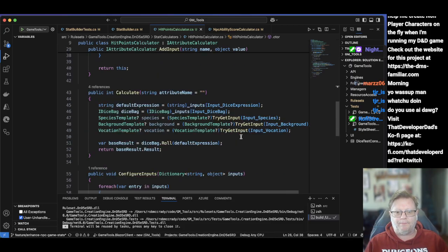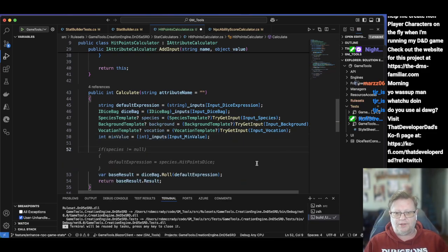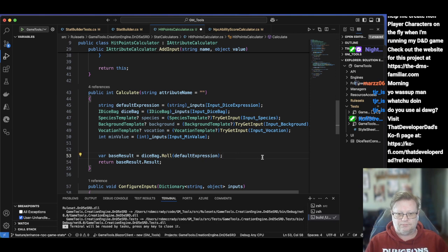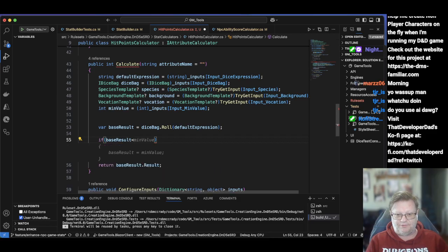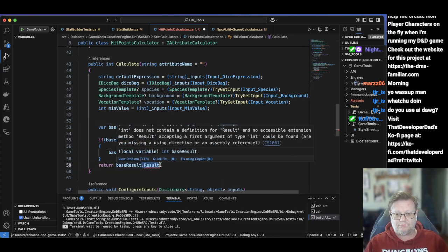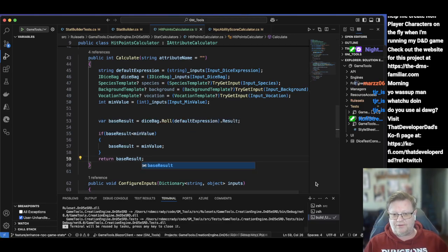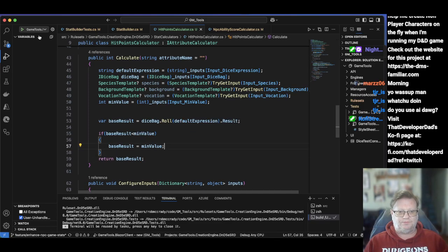Back in here. Base result dot result. Int min value. If base result is less than min value, base result is min value dot result. There we go. Save. And